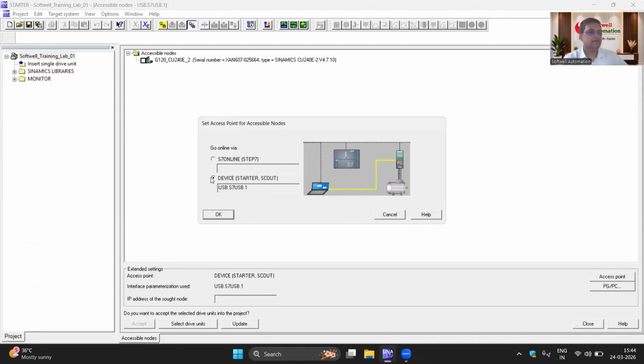So just click device, and you can see here a yellow color route, and this route confirms your laptop is directly connected to your VFD. Second, you click S7 online, and in this condition you can see yellow color, it means your architecture also discovers the PLC with your VFD.